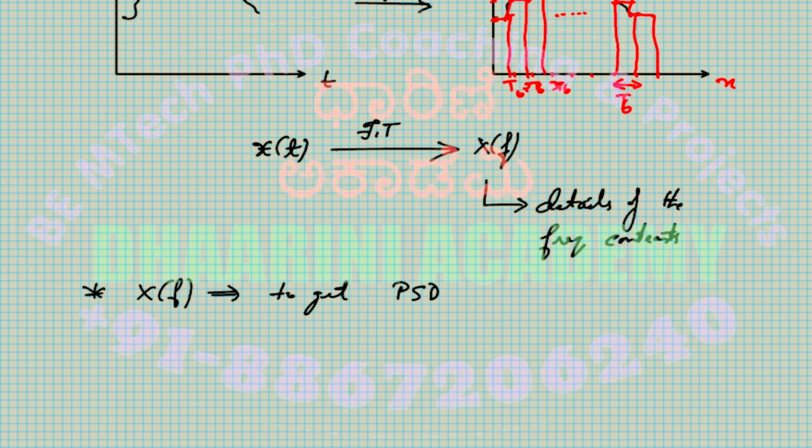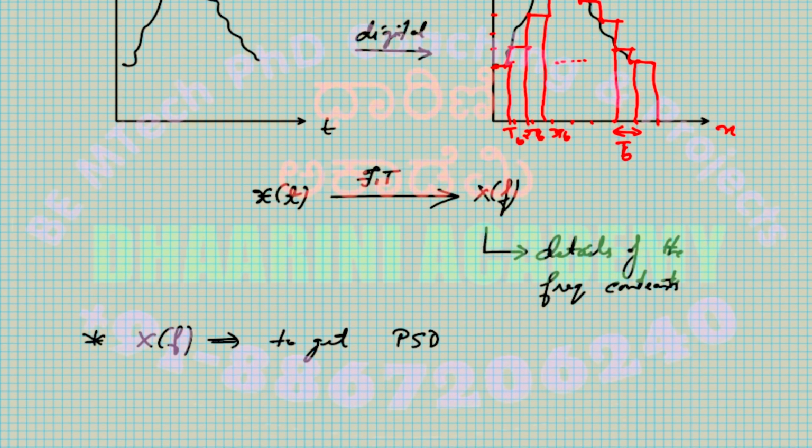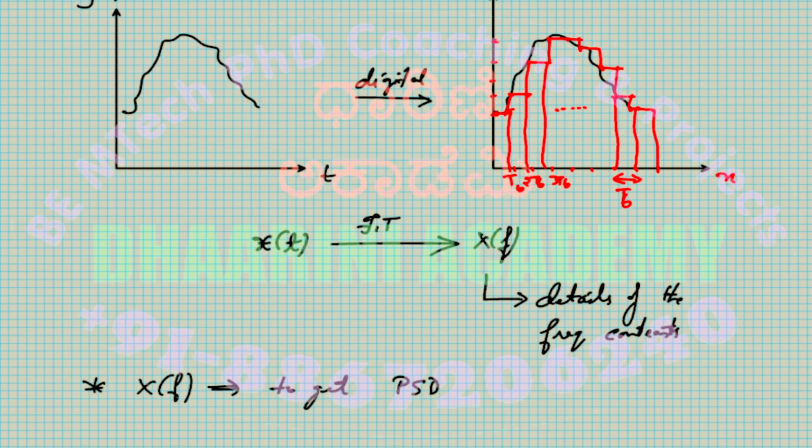Now, why is this important? This is one very important aspect in communication because everything is related to frequency. What frequency you send and what frequency you receive on the receiver side is very important. Because of the PSD, we will always come to know how much power I need to put at a particular frequency so that your signal reaches 100 kilometers. Maybe I want to send a signal 100 kilometers or 200 kilometers. This is what happens in the calculation of digital transmission. How much power I should give for a particular frequency so that, assume that I am a